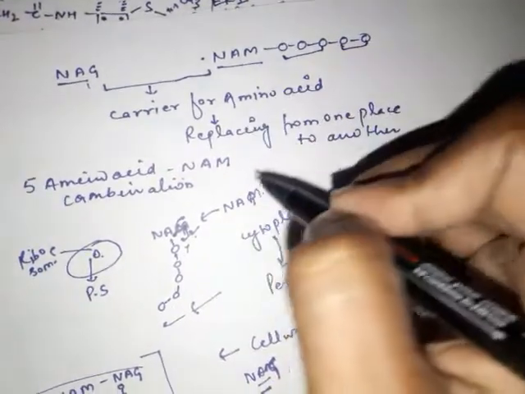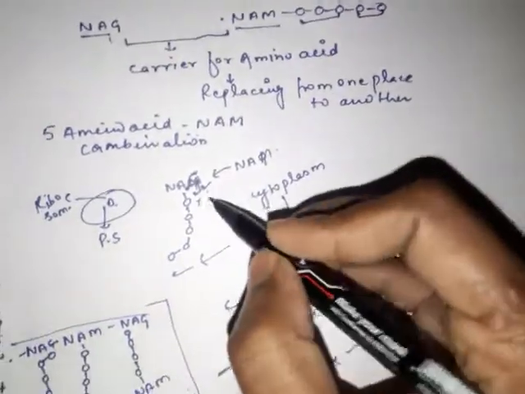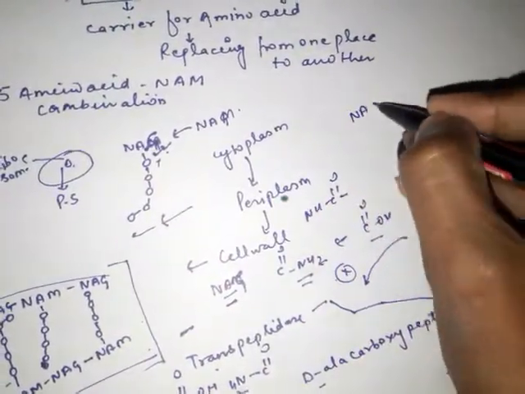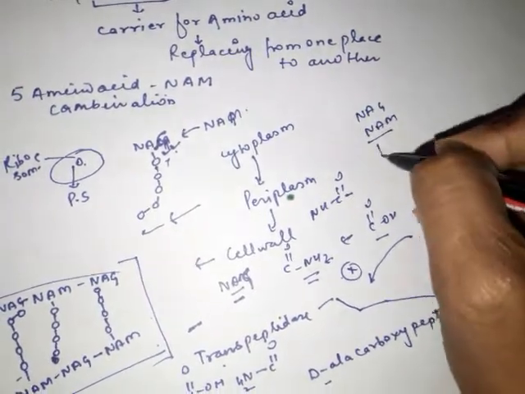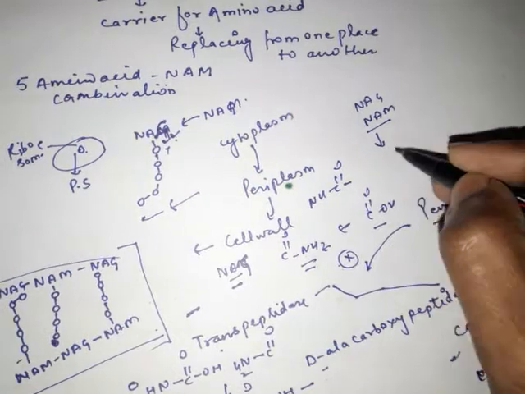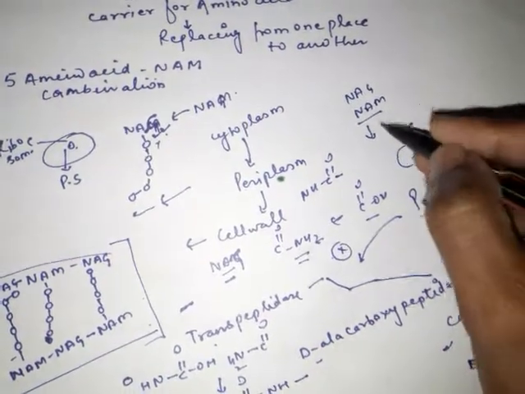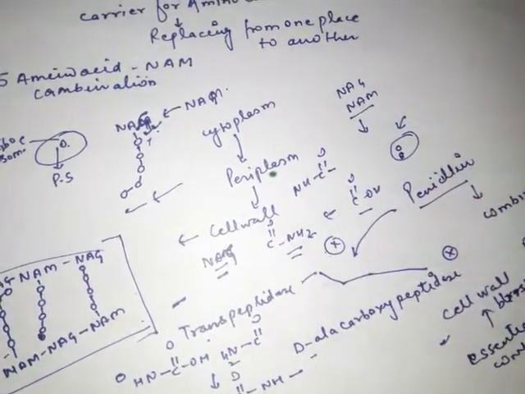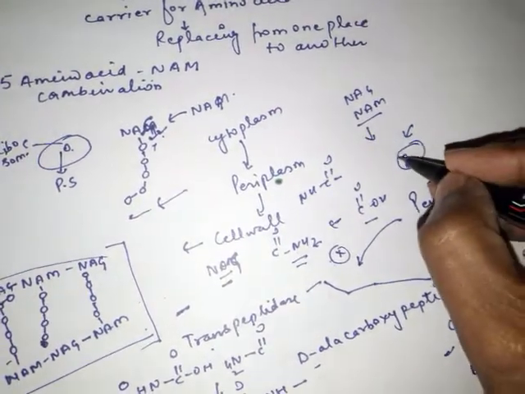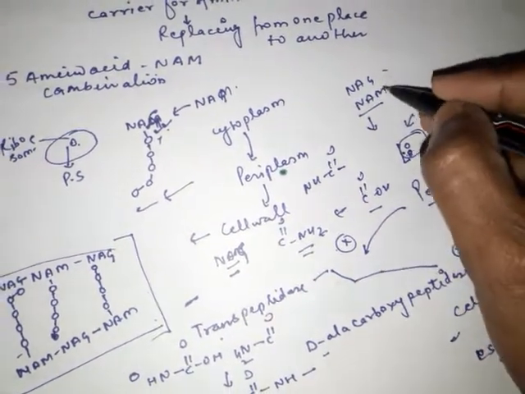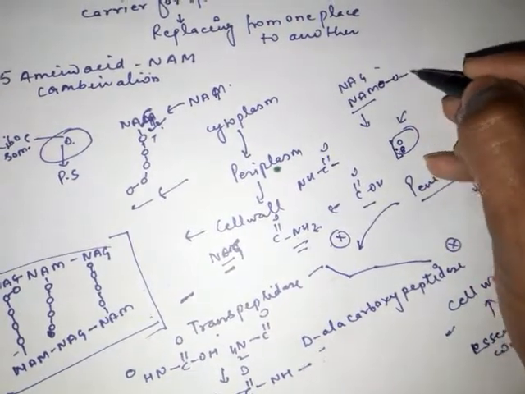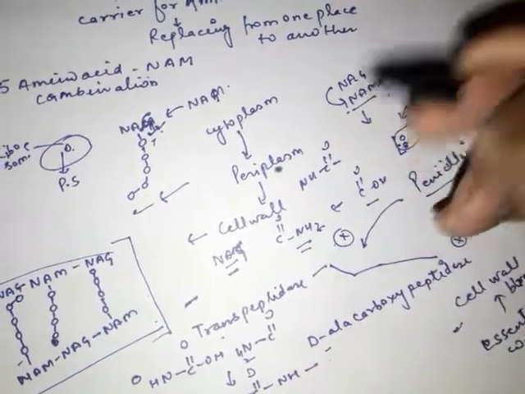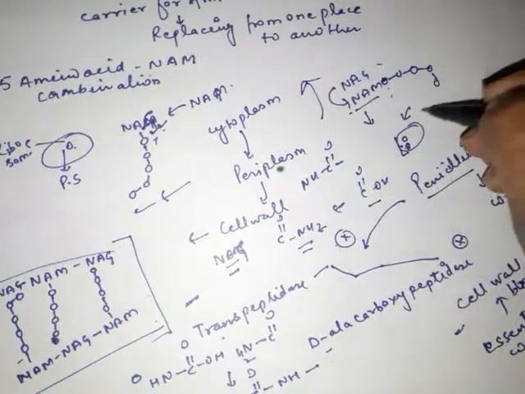So what happens here is that in the cytoplasm they go through, NAG and NAM go to the cytoplasm, from where it carries amino acids. There amino acids are present, and these amino acids synthesize the protein where the ribosome is. The 5 amino acids will attach to NAM. It has the tendency to capture 5 amino acids, and after that NAG is attached to that. So NAG and NAM are attached to each other, and after that they carry these amino acids to the cell